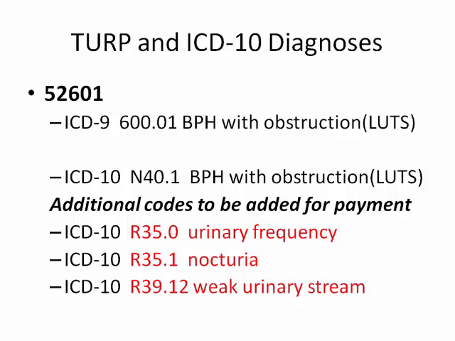ICD-10 N40.1, which is BPH with obstruction and LUTS, but we also needed an additional code or codes to be added to the N40.1 or the C61 to ensure payment for the procedure. Some of the ICD-10 codes that were also on the previous page that one may use as second